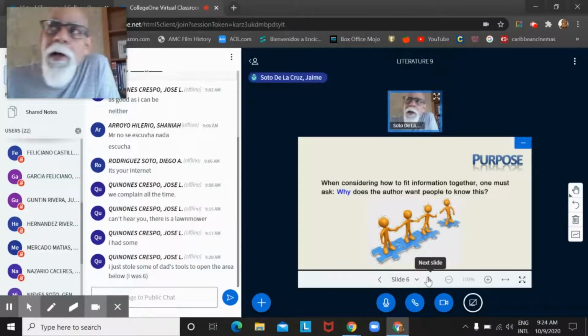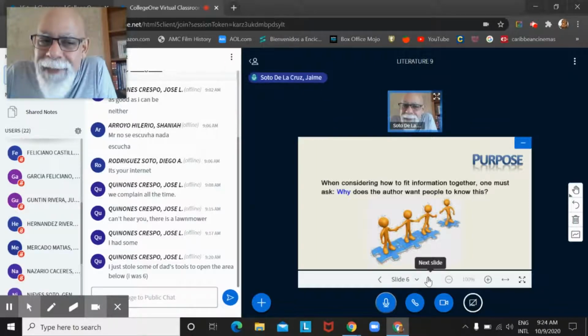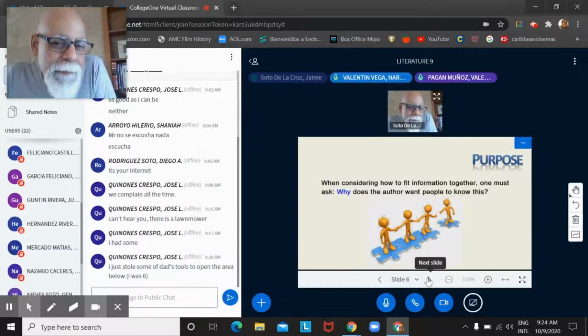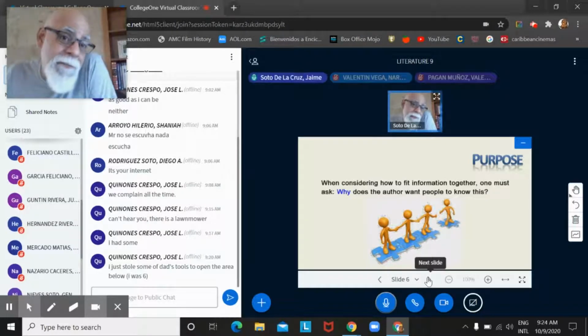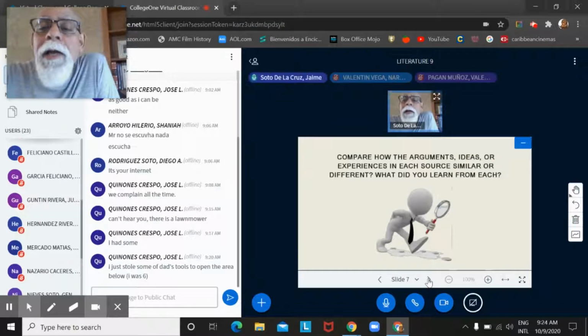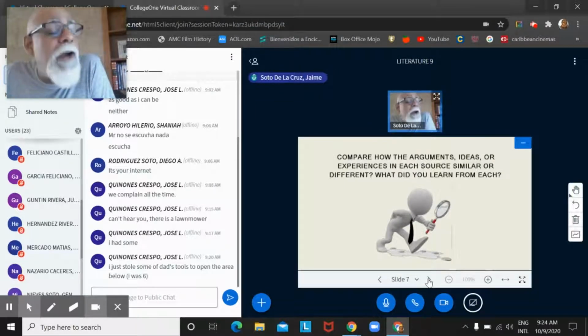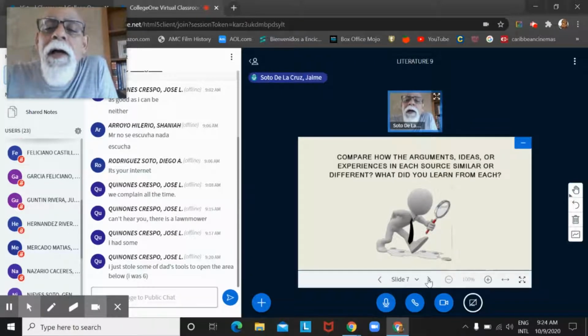For example, look at your Historia de Puerto Rico textbook. What's the purpose of that writing? Is it entertaining, paying homage, or is it informing? It's informing, exactly. It's informational text. Okay, so you're going to be comparing how arguments, ideas, and experiences in each source are similar